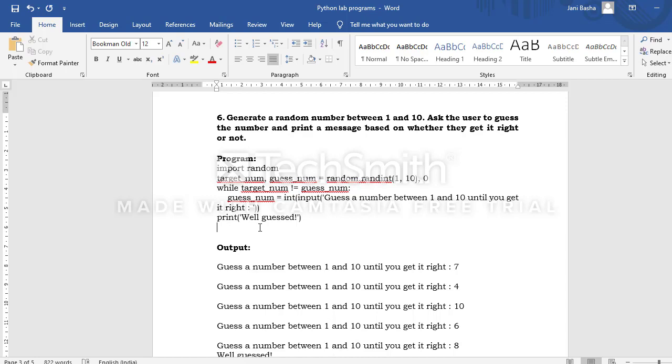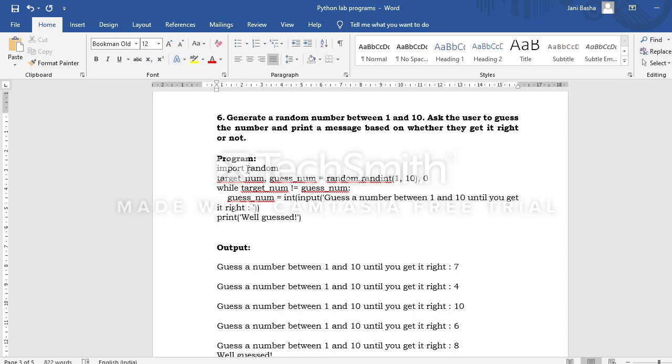Once again I am repeating the program. random is a library which we need to import for this particular program. Why? Because the random library contains a function randint. The purpose of the randint function is to generate a number within a particular range.